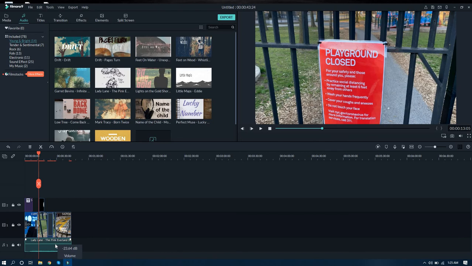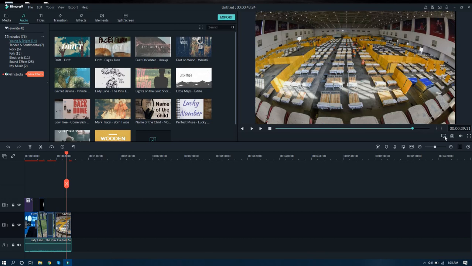Let me go ahead and explain the options over here on the right part of the window. This is the quality and display settings where you can adjust the zoom level and all here. And here you can see this is the snapshot.